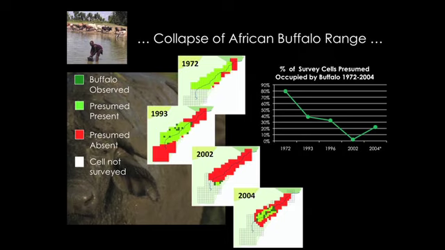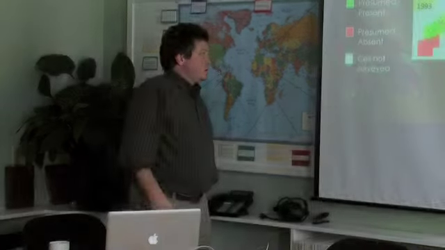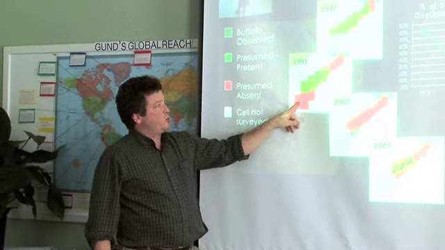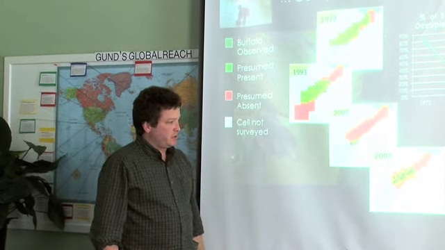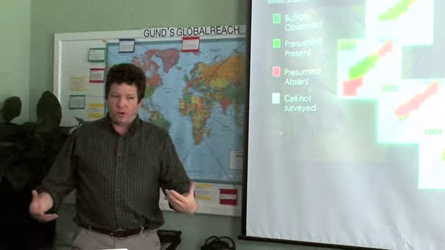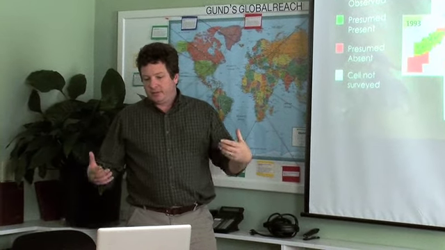And so we've got a lot of evidence that we're seeing a collapse first and foremost of the real water-dependent species. Hippos, African buffalo, everything that needs big sources of water to get through the dry season. You can see some of the work by the Wildlife Conservation Society seeing a trend of a collapse of the African buffalo range in this part of the river, which is the main border of the park with the village lands. So stress, water stress, climate stress.